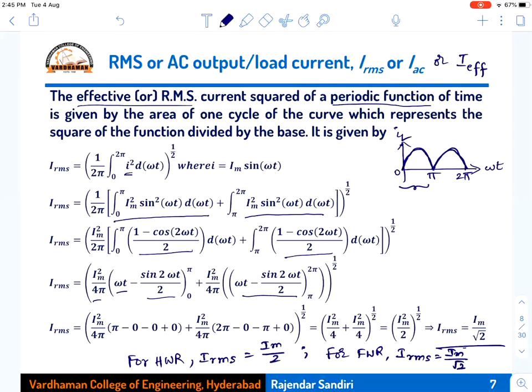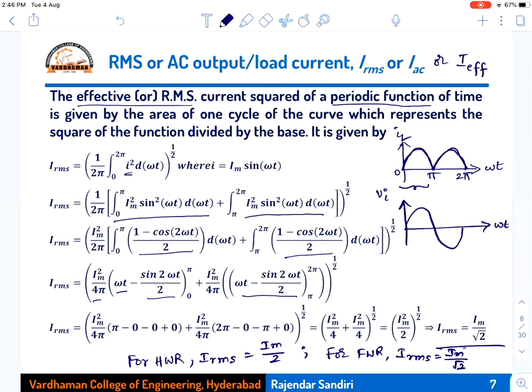Periodic function, nothing but over one period of time or over one cycle, if the shape is defined, the same shape will be repeating for the second period, third period, and so on. So from 0 to pi, whatever the shape is there, from pi to 2 pi is also the same shape. That means for one full cycle of the input, the full cycle of the sine waveform will be like this. This is input, Vi. For a full cycle of the input, I am getting two cycles of the output.